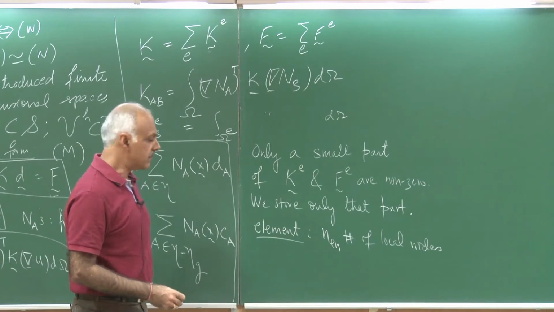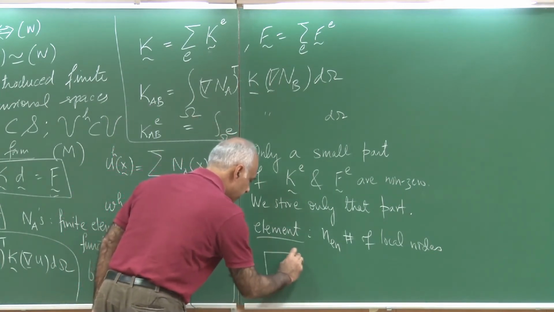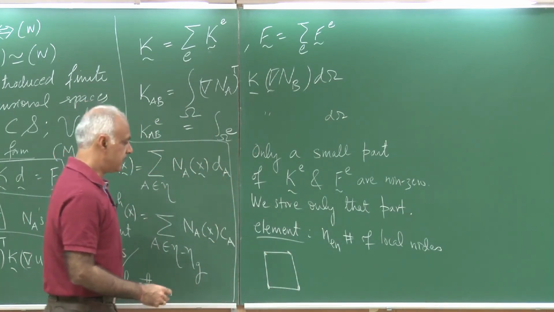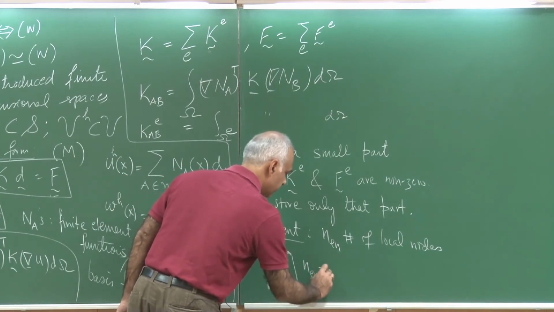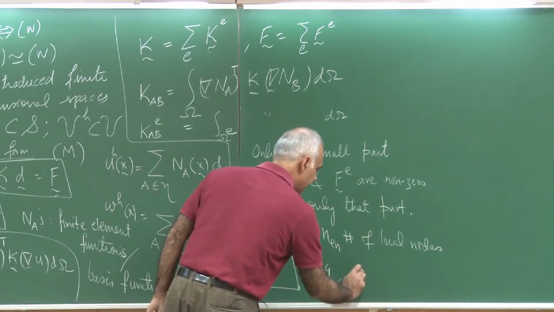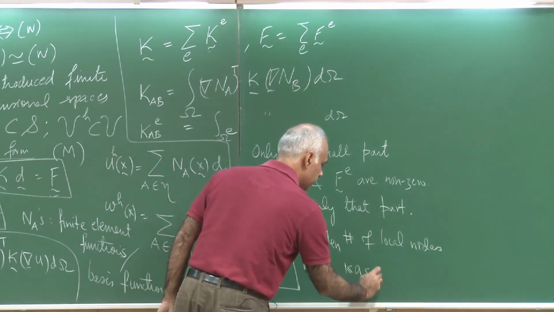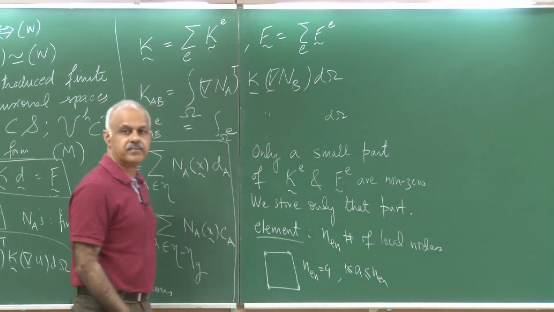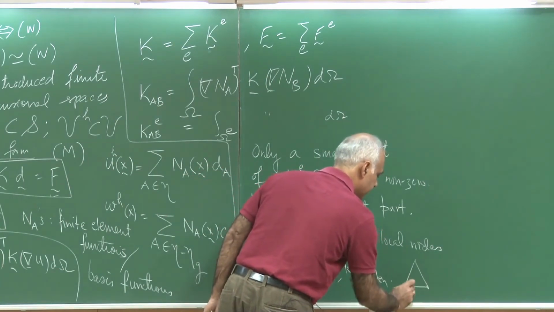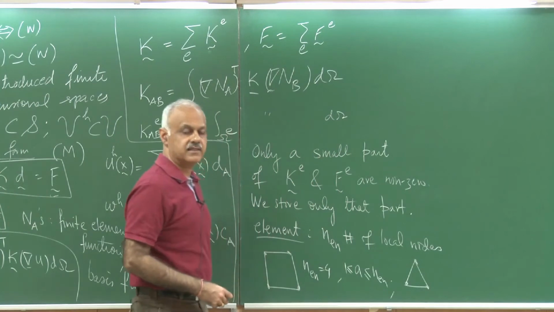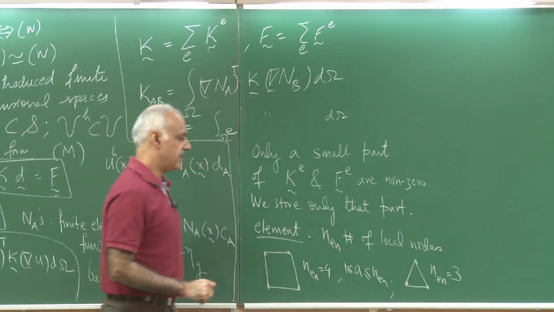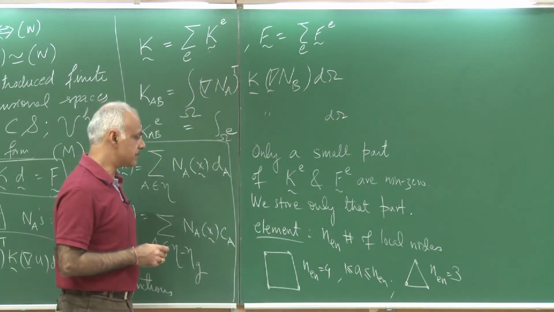And we looked at some example. So, the example we gave was, suppose I have a quadrilateral kind of an element. This has NEN is 4 because it has 4 local nodes, and therefore I can talk about an index A which goes from 1 to NEN. Similarly, if I talk about, let us say, a triangular element, a linear triangle, in this my NEN is 3, okay, and I gave you some more examples.